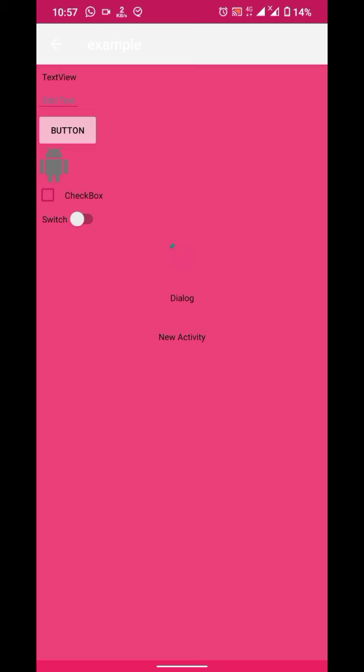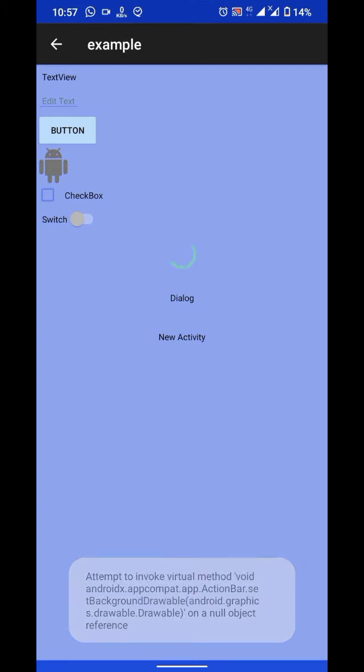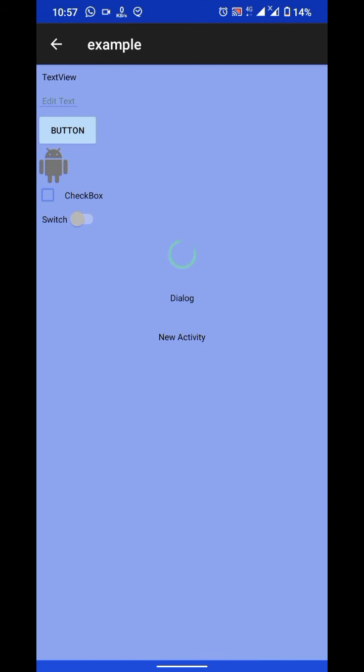So after doing these things, I'm able to change the theme of my application from a button, but currently